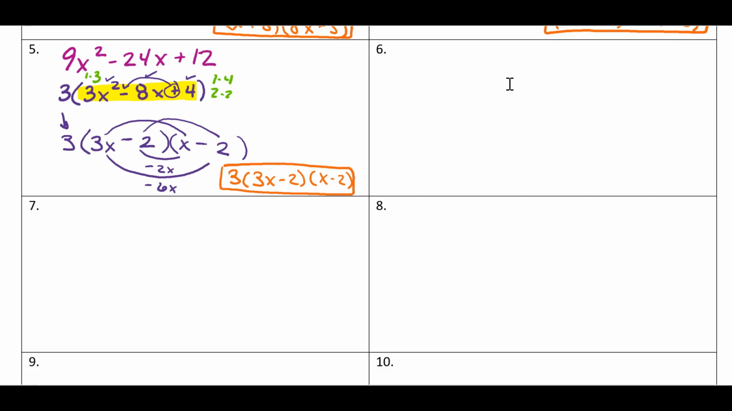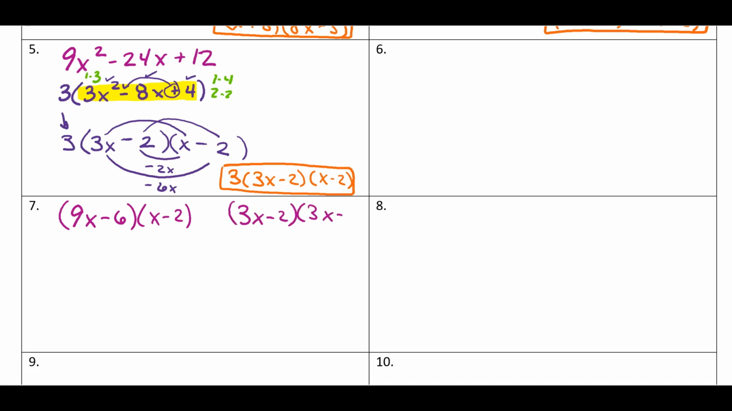Now you might ask, well, what if I hadn't seen that greatest common factor? What would the problem have looked like? So don't write this down. I'm going to show you down here in box 7. If you had forgotten to factor out the greatest common factor, you could have gotten two possibilities. You could have gotten 9x minus 6 times x minus 2, or you could have gotten 3x minus 2 times